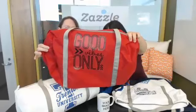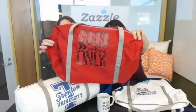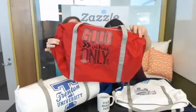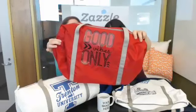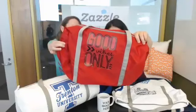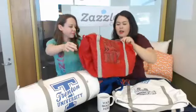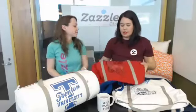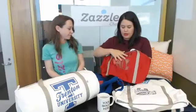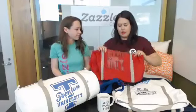So it says good vibes only, but obviously, it's one large iron-on, and what it does is outline your pattern and cut out anything that it finds unnecessary. For this one, it does show through. It matches the background to the bag, but you can see on this one that there is something behind that. It's matching the red, but it's still